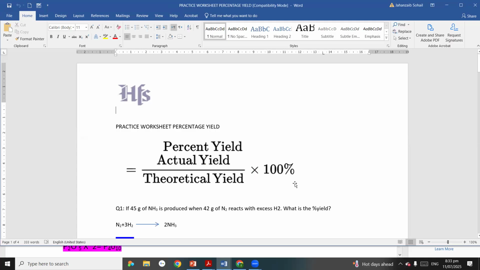Suppose you are doing a job preparing drugs like paracetamol or whatever medicines. You are asked to calculate the percentage yield, meaning how much of the batch you have prepared. Basically, when we prepare any medicine or any product, there is a chance we do not get 100%.